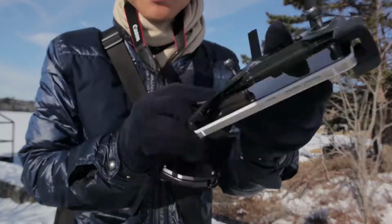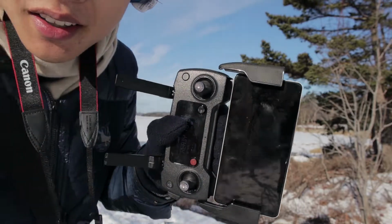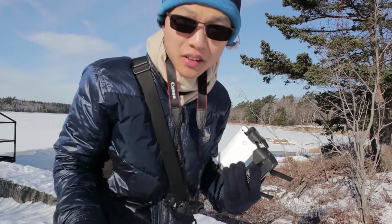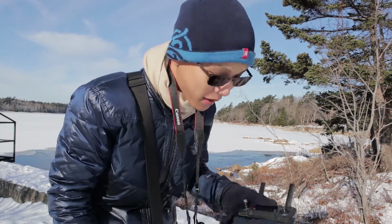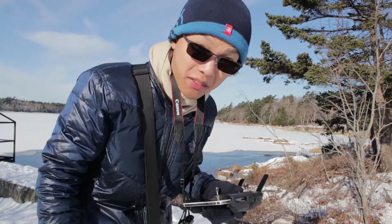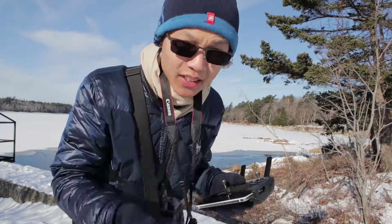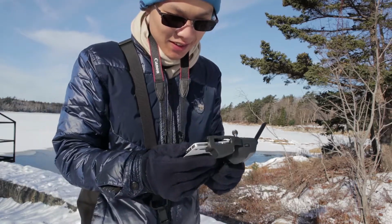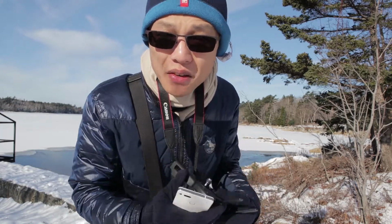Haha. Looks like my phone has died. I tried to turn it on. It won't turn on. Well, the cold temperature didn't kill my drone, it somehow killed my phone. Luckily, I have already landed my drone, so it will be safe on the ground. Even if I was flying and my phone disconnected, it's fine because my remote controller will still be connected. Yeah, so you see my phone's battery is not very...